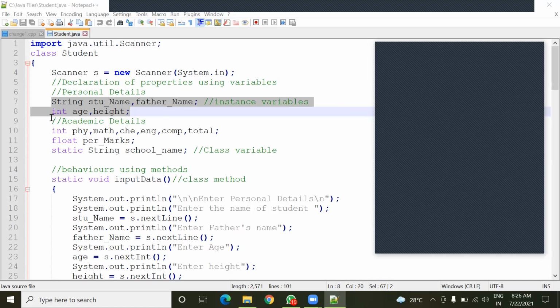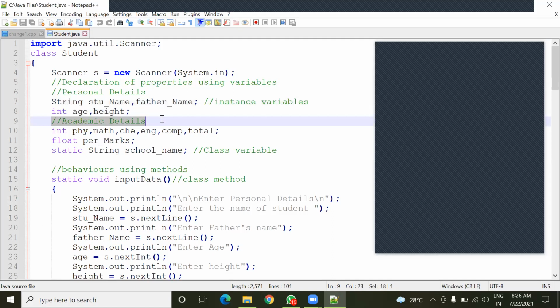Now consider the academic details. In academic details, if a student is appearing in an exam, the marks detail will be there. For this, you can see PHY, math, CHE.